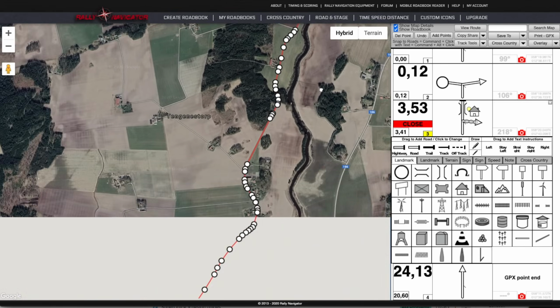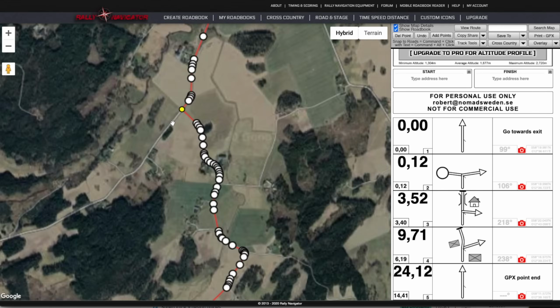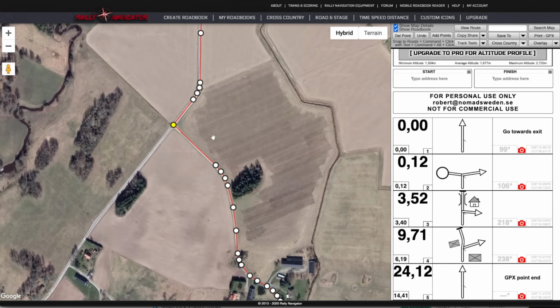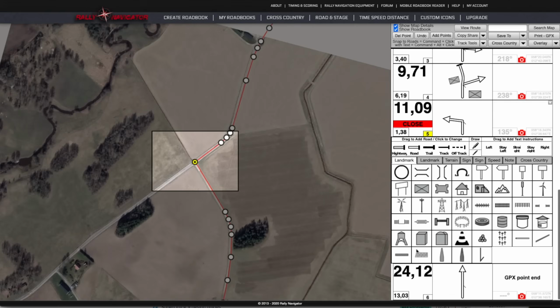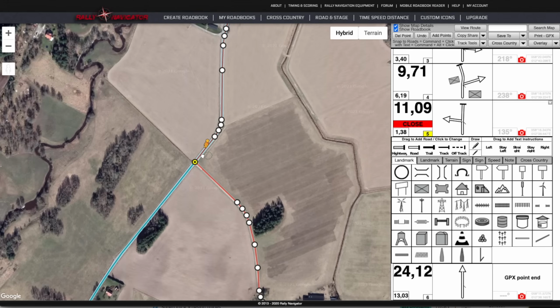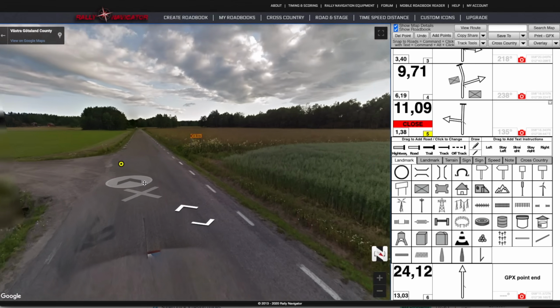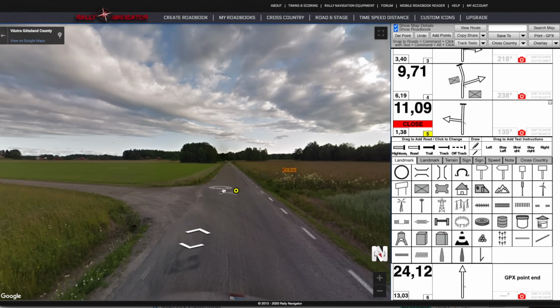I continue. One more. Let's go and do this turn also. And this is a neat feature because, okay, let's add a left here, open that one. The road continues straight ahead like so. But let's go down to Street View and see what really happens here. So this is the road we are riding on. Here we're going to make a left turn, and it goes on to